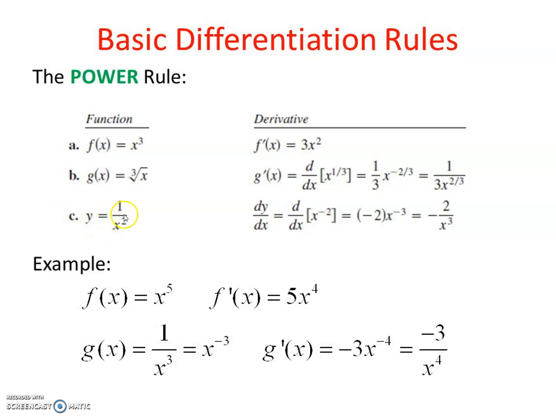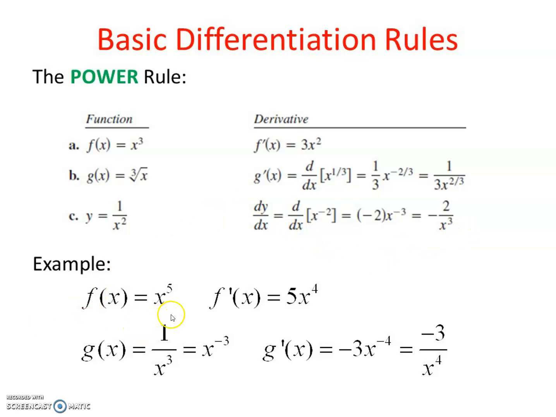Now y is equal to 1 upon x square. What is the derivative? 1 upon x square is not directly defined, so we use 1 upon x raised to n is x raised to minus n. So x raised to minus 2 is there. The derivative is minus 2 x raised to minus 2 minus 1, that is x raised to minus 3. So it is minus 2 upon... we apply the law of indices again: x raised to minus n is equal to 1 upon x raised to n. Minus 2 remains the same, 1 upon x raised to 3.